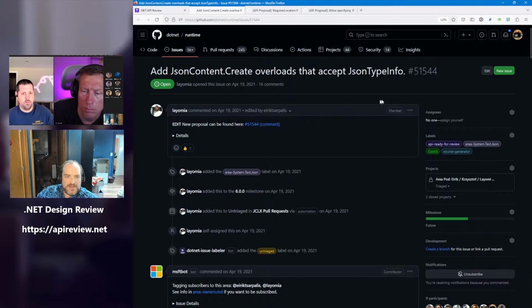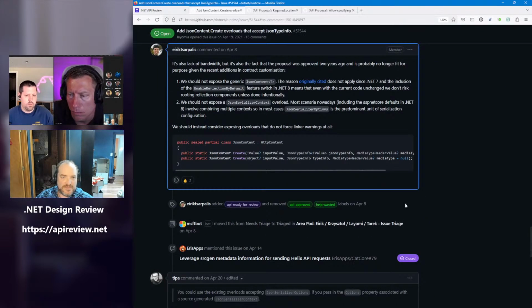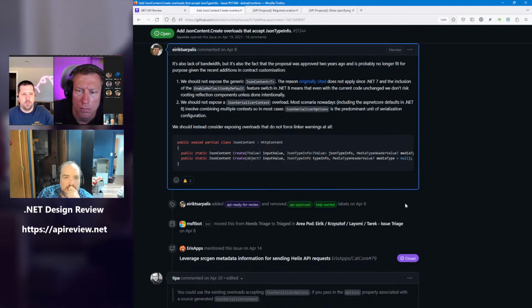All right. JSON content create overloads that accept JSON type info, 51544. Someone thinks we're smart enough to see a non-top post proposal. Yeah, I guess I can speak to that.